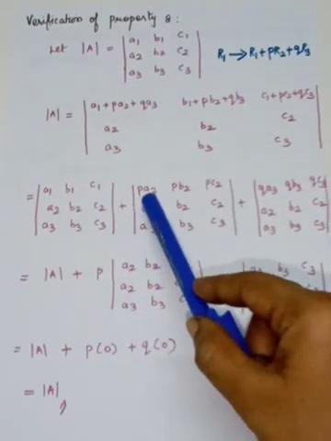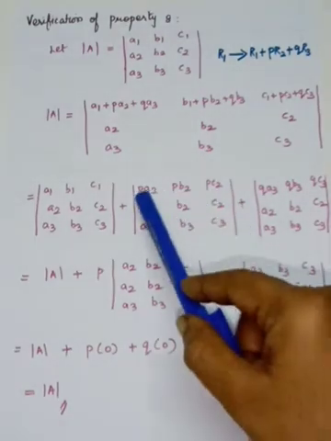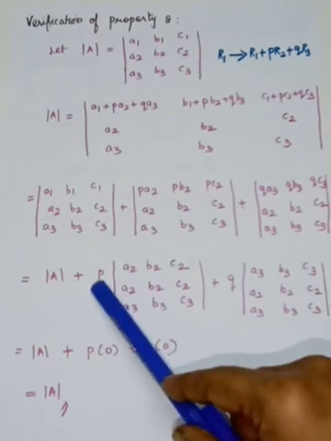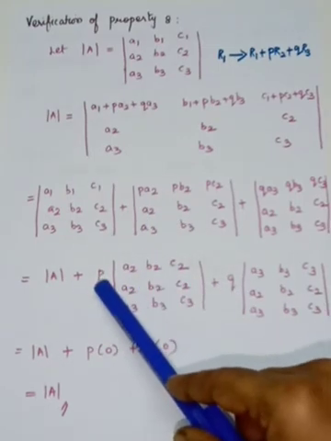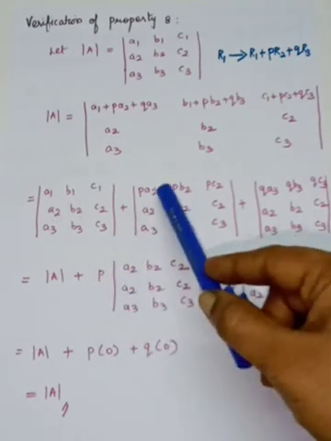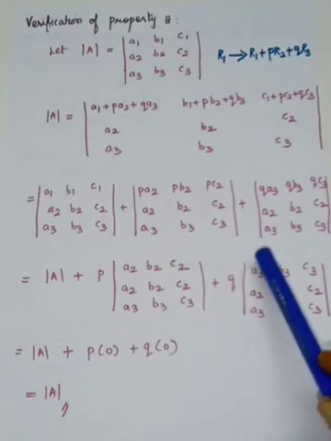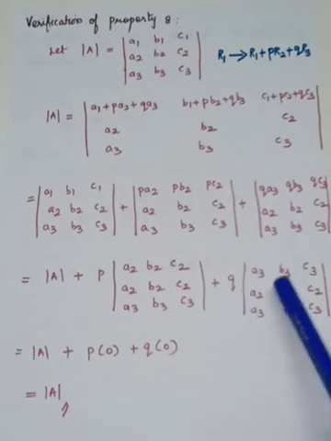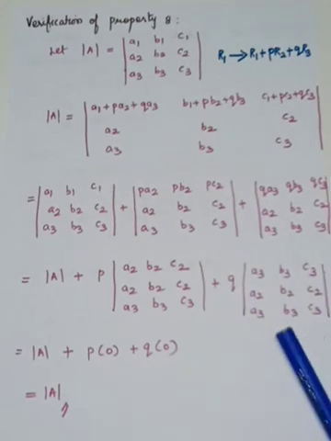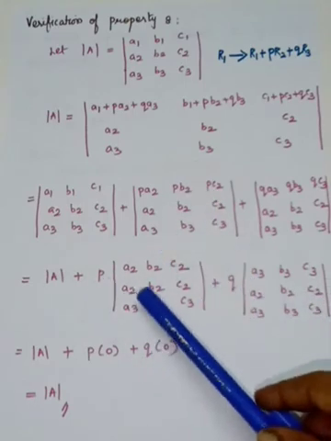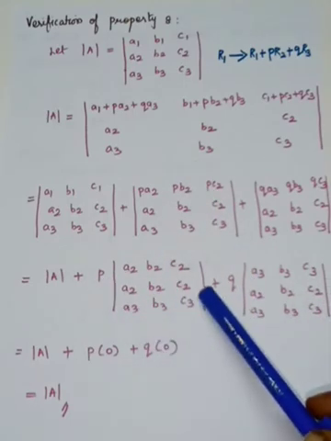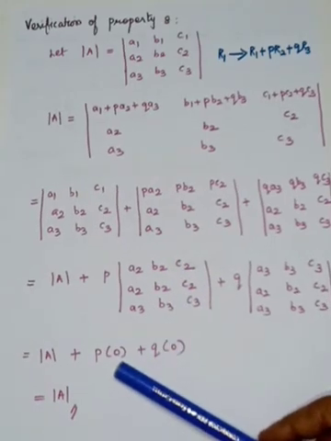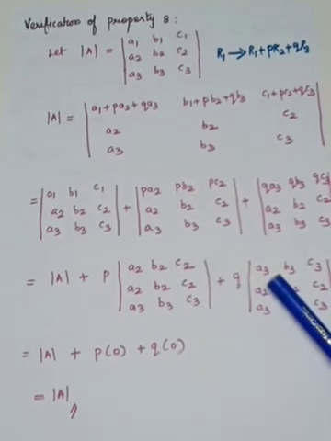So you see that here each and every element of the first row is multiplied by P. That means P can be taken out, so the value of the determinant is also multiplied by P. So that's why P can be taken out. The remaining determinant value is written. And plus, in the same way, here the first row is multiplied by Q. So Q is taken out and the remaining determinant is written. Here R1 and R2 are identical. Identical means any two rows or any two columns are identical, and the value of the determinant is 0. So this is 0. Here also the same way.